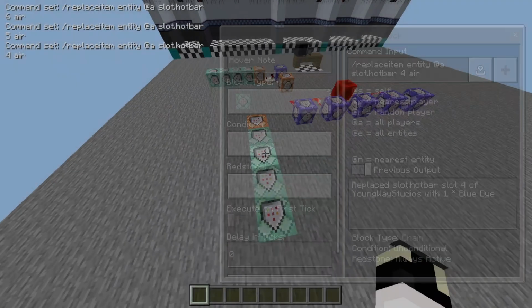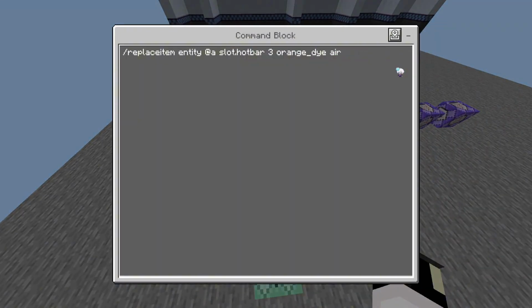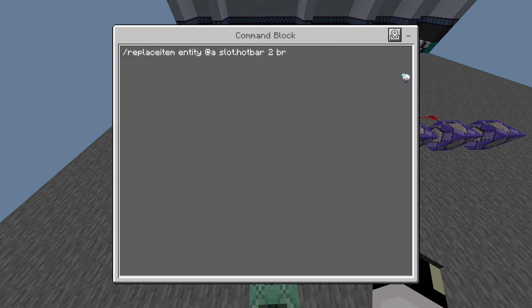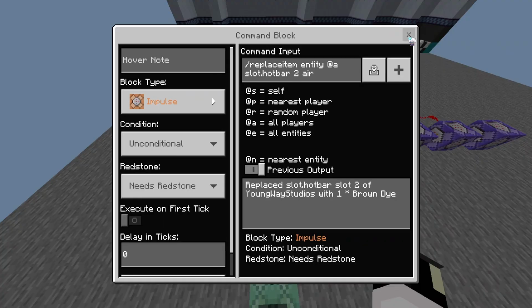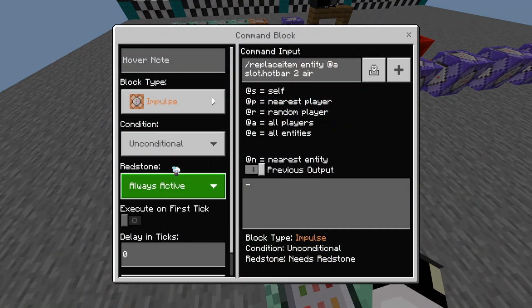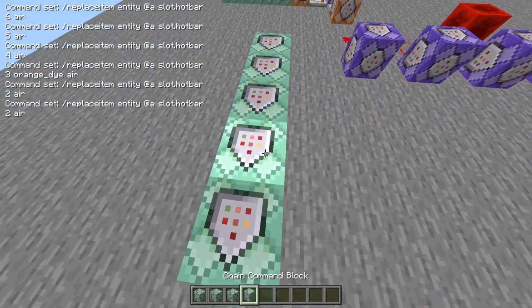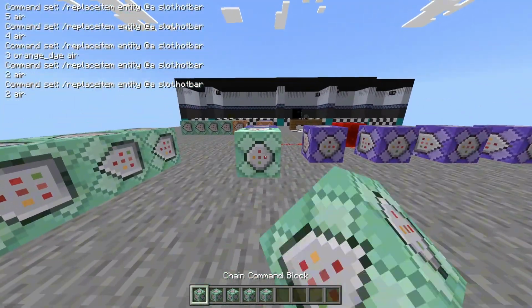We're going to clear ourselves. Now we need to do always active chain. I want to copy each of these. So when you do this,